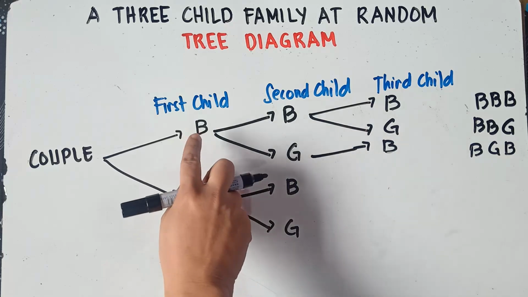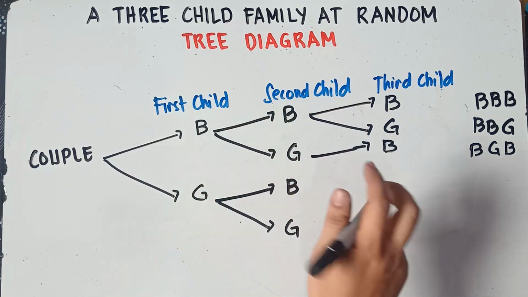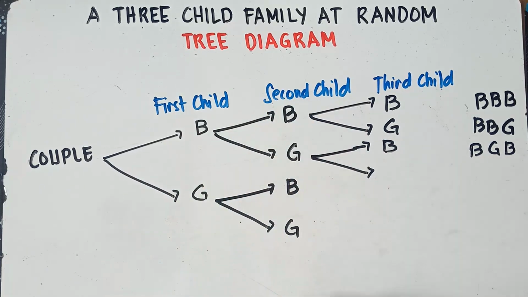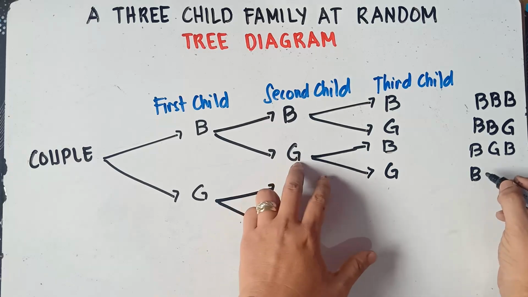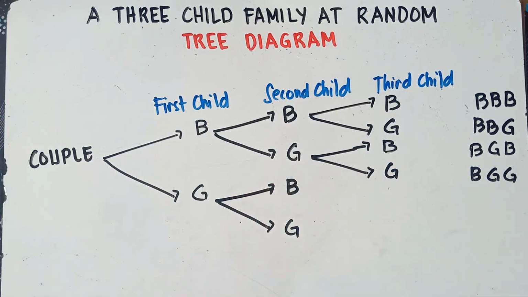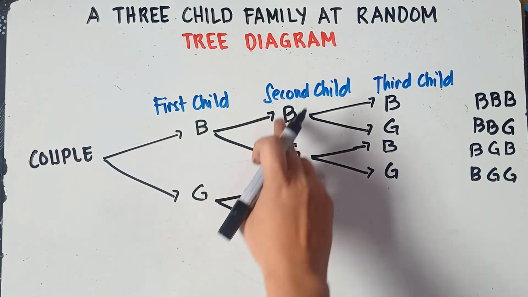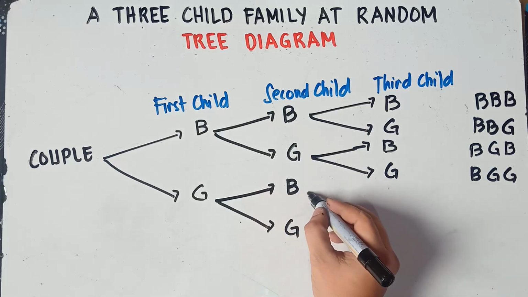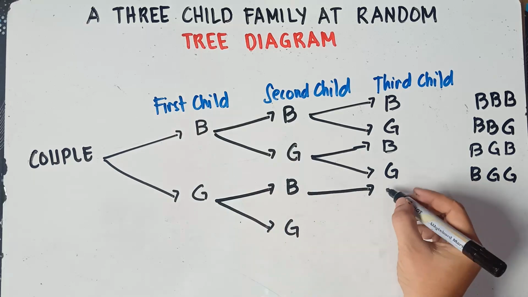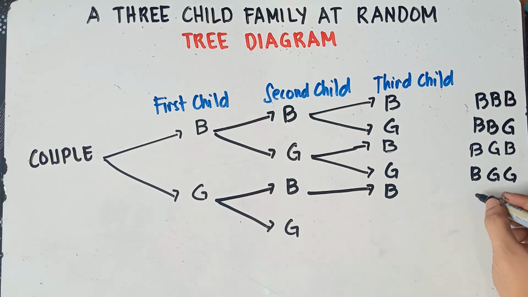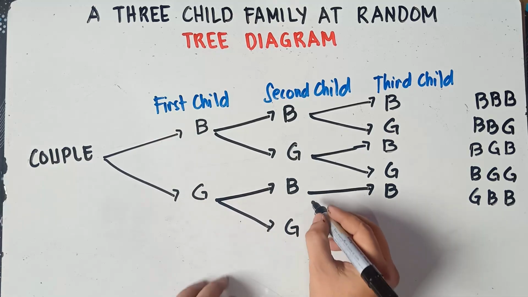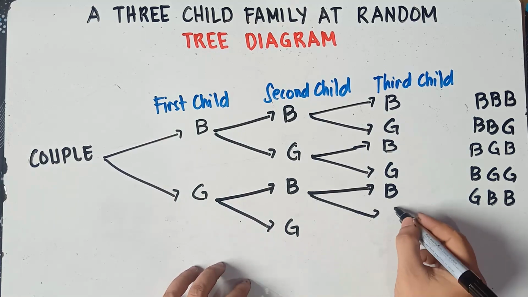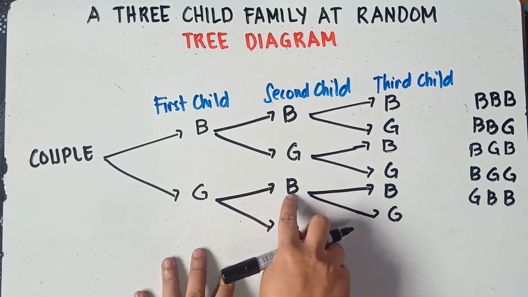If your first child is a boy and your second child is a girl, you can also have a possible outcome that your third child will be a girl. So you have boy and then 2 girls. Same scenario, class, with this one. If your first child is a girl and your second child is a boy, there's a possibility that your third child could also be a boy. So you have girl, boy, and then boy. You can also have your third child as a girl. So this will be girl, boy, and then girl.